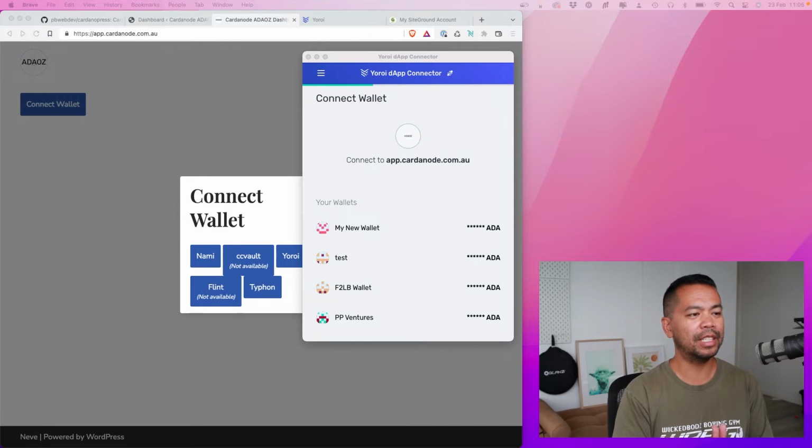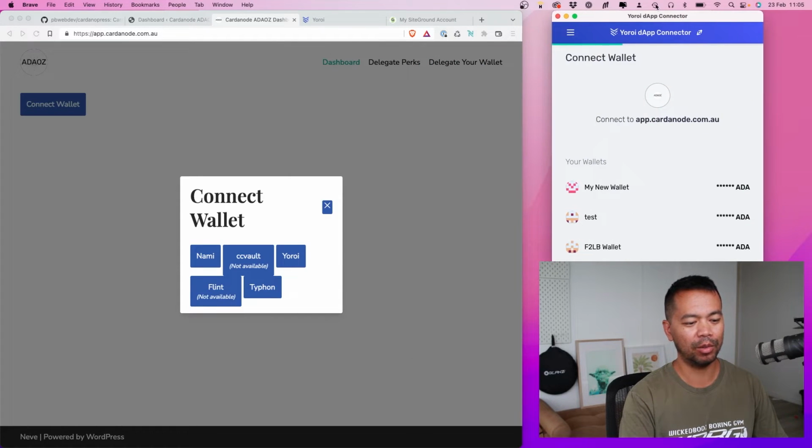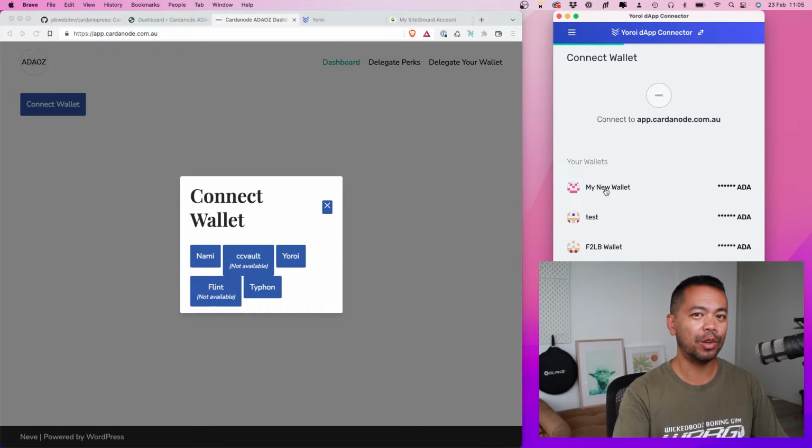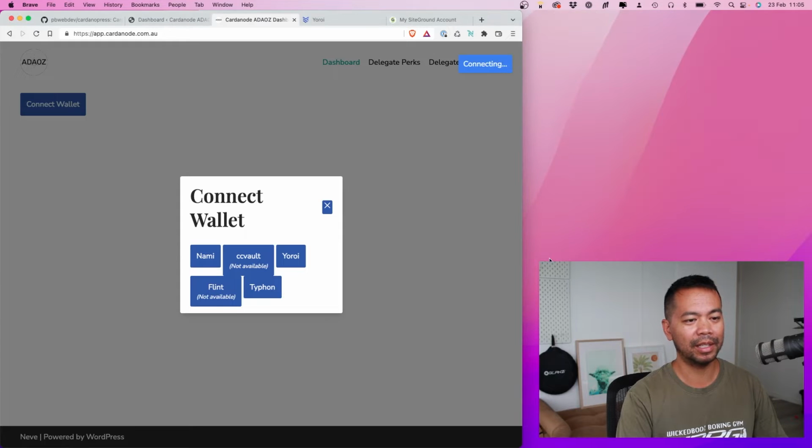There we go. So the DApp connector has loaded there, and you can see what the Yoroi version of the DApp connector looks like. And I'll just drag this over here a little bit. And what I'll do is I'll choose this very first wallet here. I know this wallet's delegated to ADAOZ, so I'll be able to show you our perks page through this. So I'll click on my new wallet,